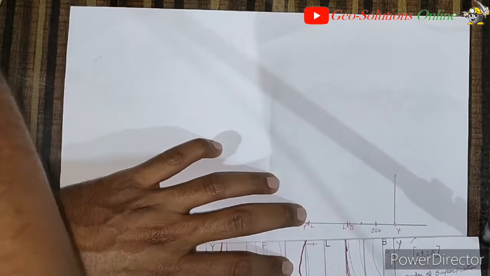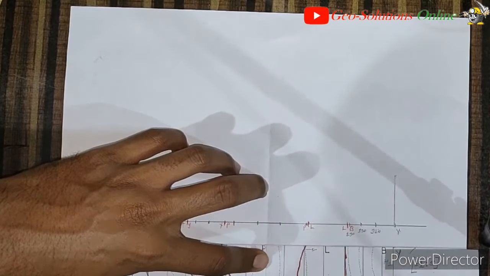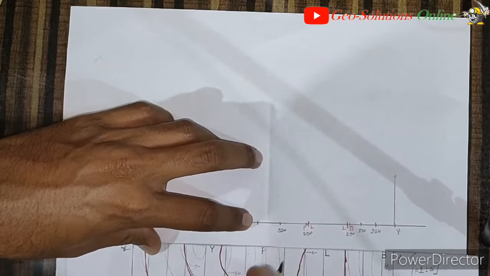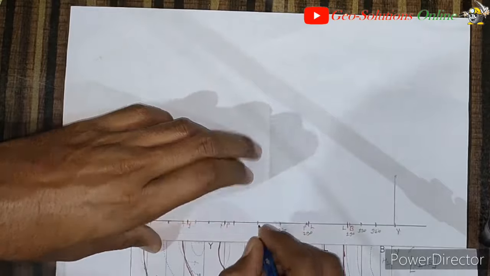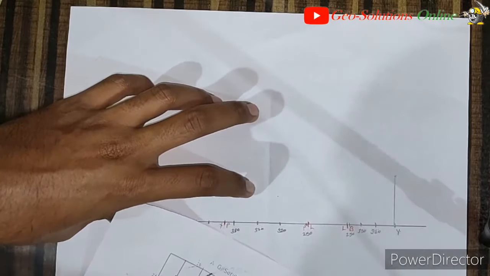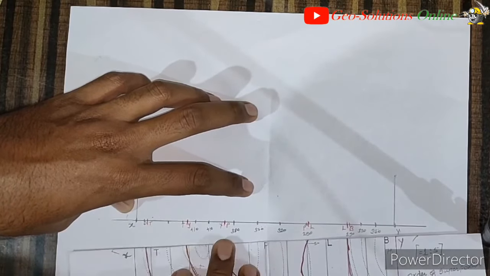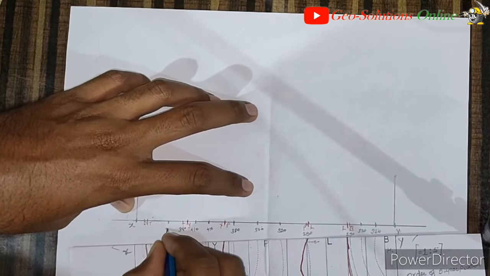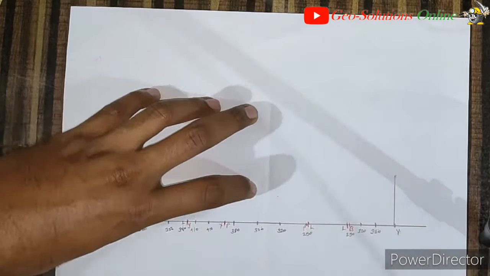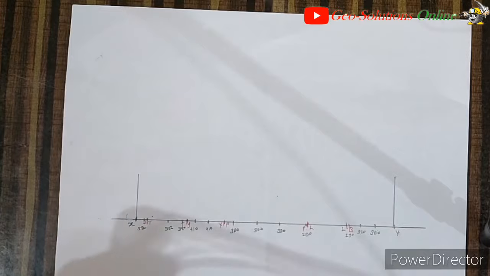So the first contour line is of 350 meter, then 290 meter contour point, then again 290 meter contour point, 320. Then the next one is 350, 380. Then the next one is 410, another 410. The next one is 380, yeah, correct. Then 350. Then the last one is 320. In this way we have marked and labeled all the bedding planes, all the contour points as well as their values.